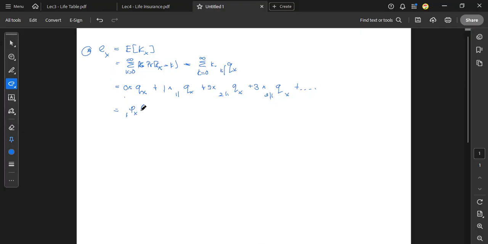But for this term, I can say surviving from x to x plus 1 and then the death occurs within the next year. And for this one, 2 times surviving from x to x plus 2, and death occurs within the next year. So likewise, I can use the definition and expand this multiplication. Now it's a series. So you can see I can rearrange